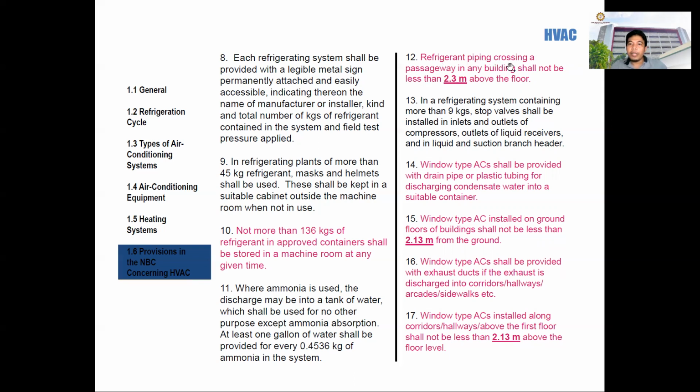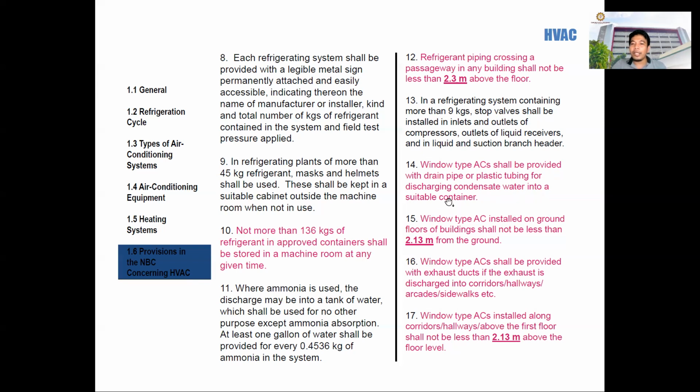Number 12, refrigerant piping crossing a passageway in any building shall be less than 2.3 above the floors. Okay, and then number 13, in a refrigerating system containing more than 9 kilogram, stop valves shall be installed in inlets and outlets of compressors, of liquid receivers, and in liquid and suction branch headers. Number 14, window type air conditioning systems shall be provided with drain pipe or plastic tubing for discharging condensate water